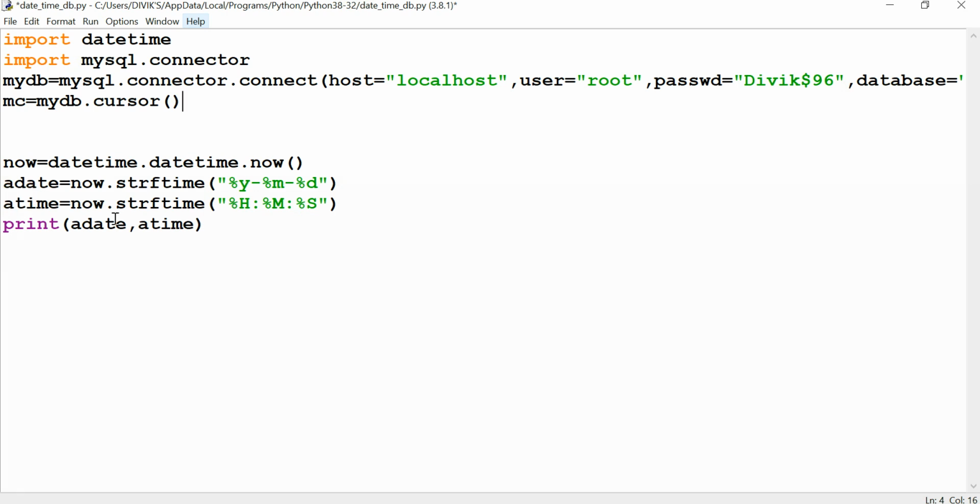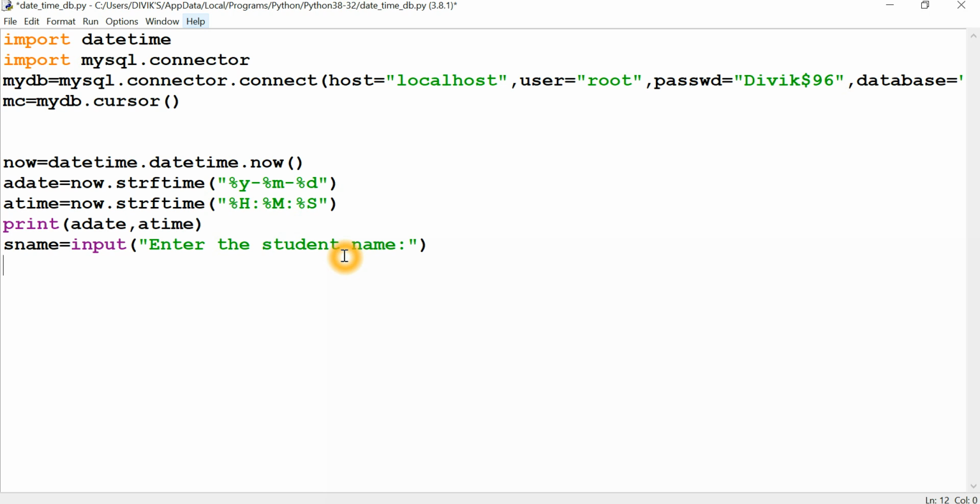We already got the admission date and admission time. It is over. So next I am going to work with the student name and phone number I want to get. The student name is a string. The default data type of Python is string only. So now I am going to enter the student name.